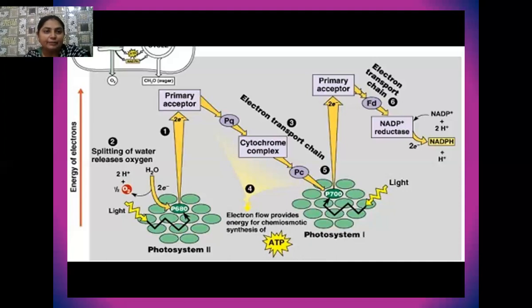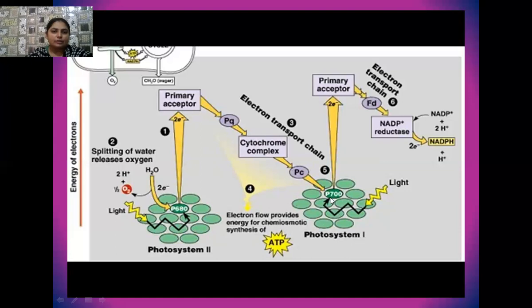So student, here I have used one word, photophosphorylation. That means photo means light and phosphorylation means the synthesis of energy rich molecules. So during the course of this non-cyclic photophosphorylation, when the electrons move from photosystem 2, that is P680, and pass through various types of electron acceptors and reach P700, then they lose a certain amount of energy and that energy is stored in the form of ATP. This means in their journey from P680 to P700, one ATP molecule is formed.